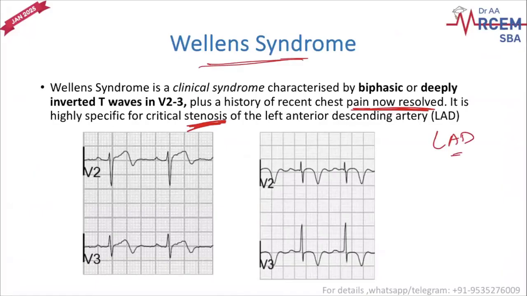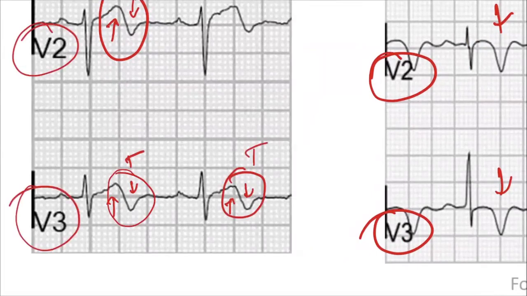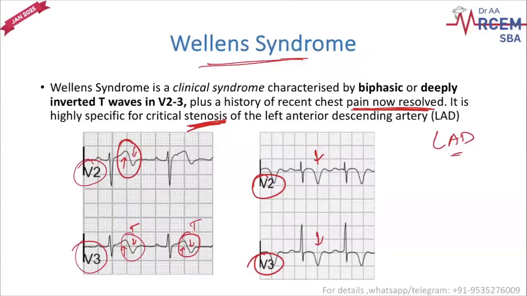There are two kinds of Wellens syndrome. One is deep inverted T waves seen in leads 2 and 3. The other is biphasic T waves, with a positive deflection and a negative deflection of the T wave, present in V2 or V3. We're not seeing any other leads. People get confused here. You're only seeing it in V2 or V3. Do not look at any other leads at all. If there is a biphasic T wave present in V2 or V3, you call it Wellens